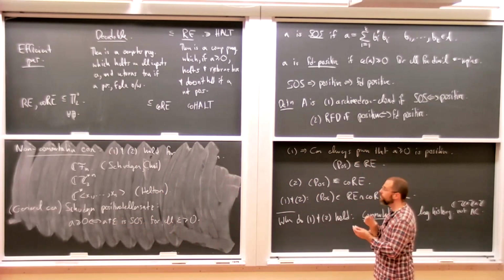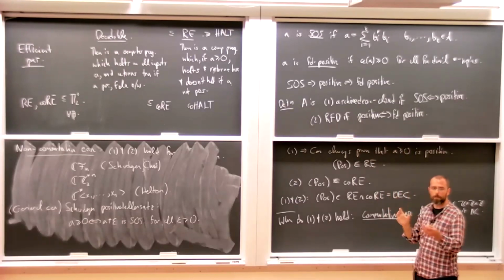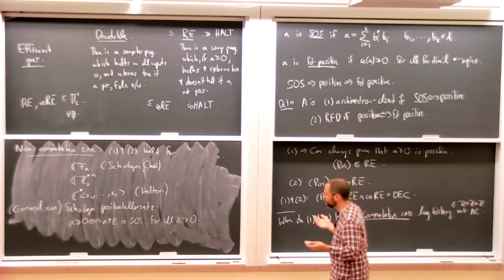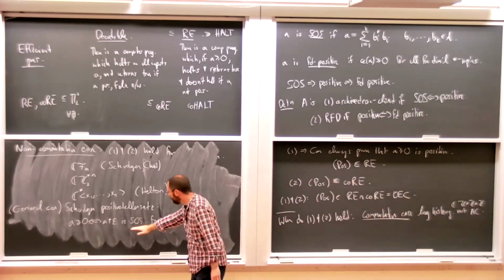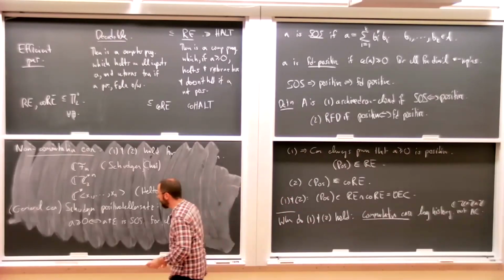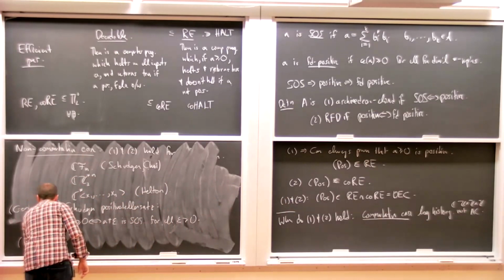So we would be searching through all possible decompositions. You want it to be K, and there's no bound on K either, by the way, so we don't know how many elements we're going to have to pick in our decomposition. So we're searching. If we don't find one, we don't know if it's not a sum of squares, or we just haven't found it yet. What it does tell us is that this problem is contained in pi